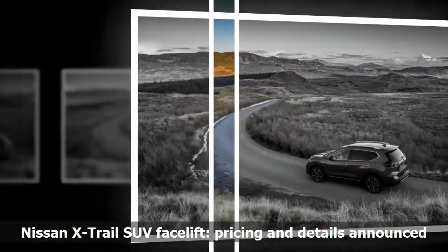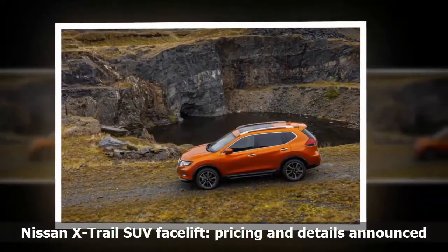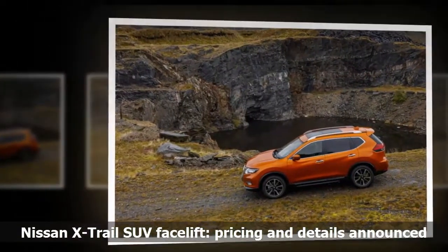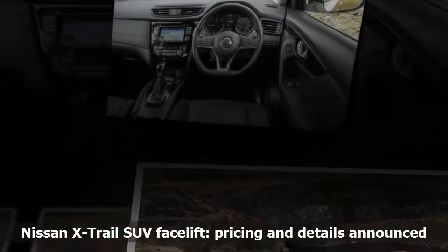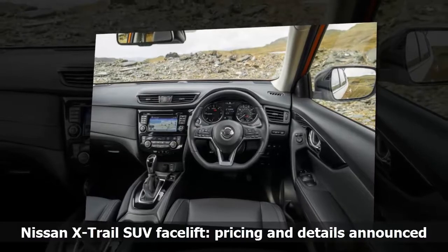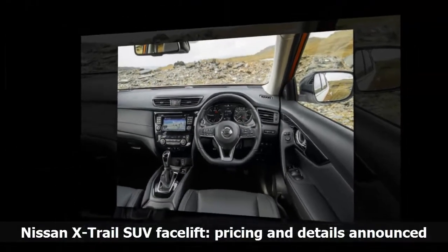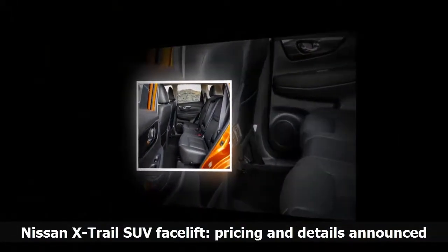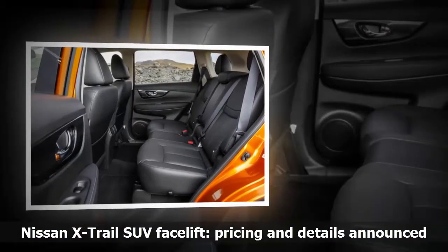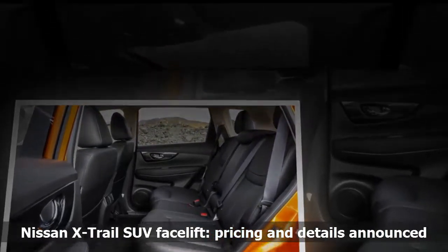The front fog lights are now rectangular and more neatly integrated into the X-Trail's face, while additional chrome features both at the front of the car and along the lower portion of the X-Trail's doors. The headlights have been tweaked too, and although they remain similar to their predecessors, the optional adaptive LED headlights have improved cornering functionality. Other aesthetic improvements include a redesigned rear bumper and parking sensors that are now flush with the X-Trail's bodywork. Nissan has also been busy where technology is concerned, making its ProPilot suite of autonomous systems available on